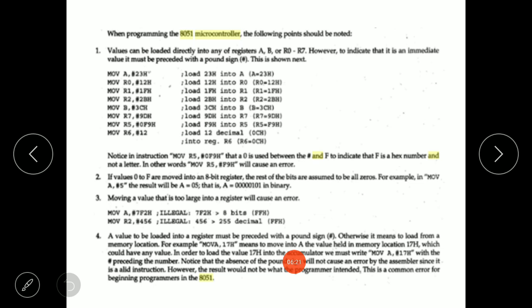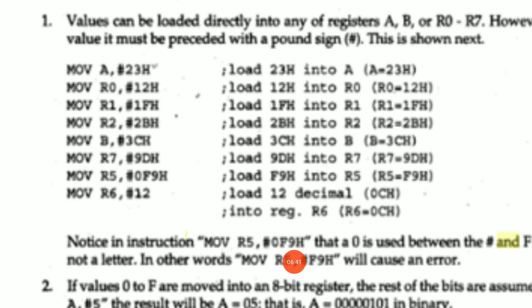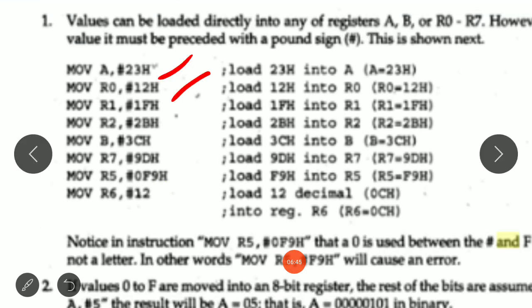Now next, there are certain things that you need to remember while programming the 8051 microcontroller. As I've told you, any value that needs to be stored directly into any register needs to be preceded with this hash sign. As you can see in these instructions, all the instructions are preceded with the hash sign, which means